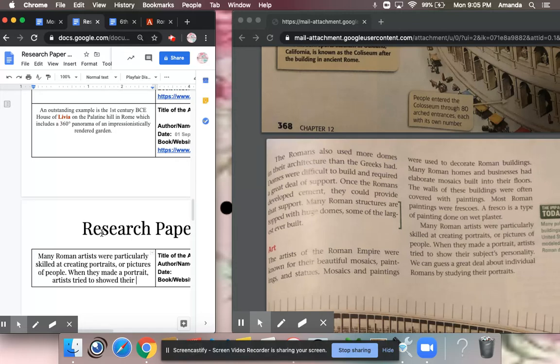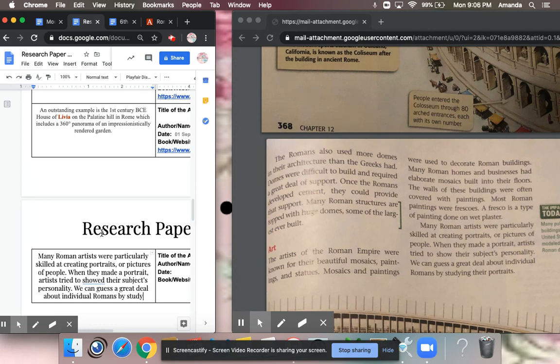But when you're taking notes, you want to write down as much as you can, so that way you don't have to look at a website and then say, I put this quote, but I forgot where it came from, and then it just makes it really difficult. So we can guess a great deal about individual